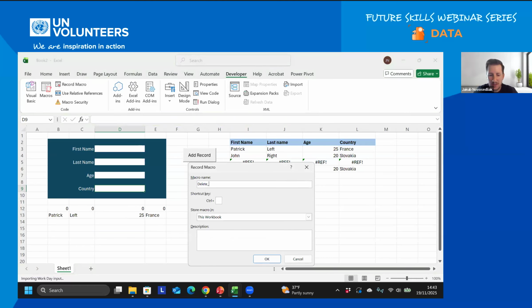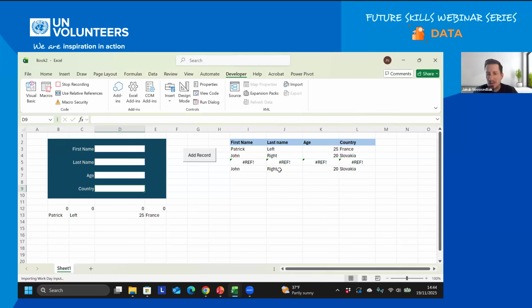I will call it delete table. Okay, and now it's recording, and I will just do the steps for deletion. So I will just select my table,